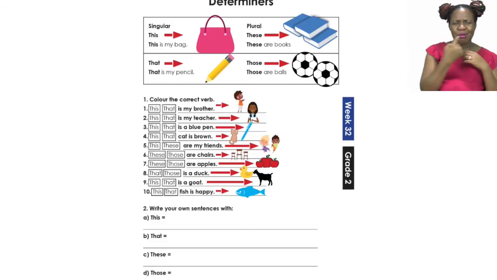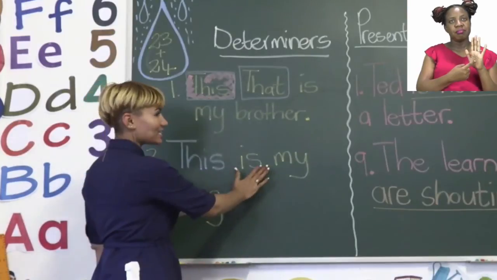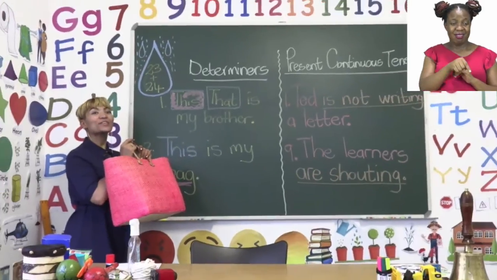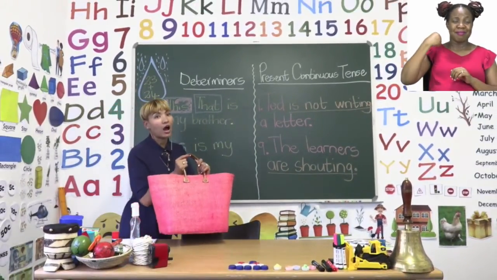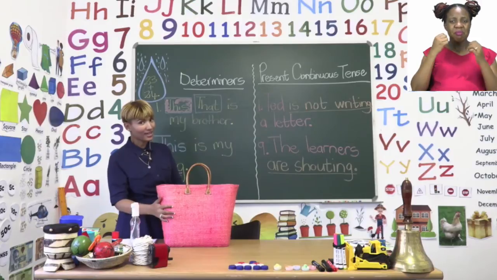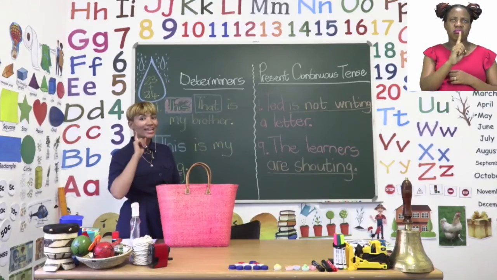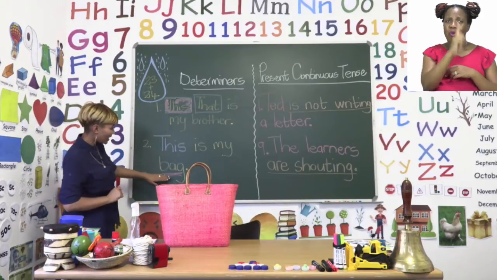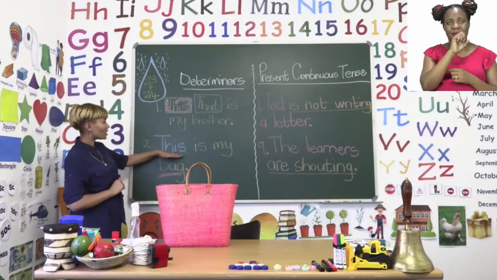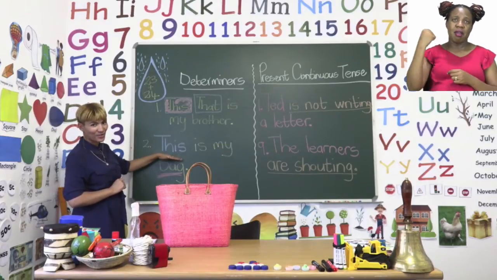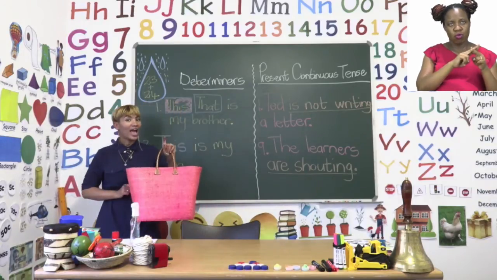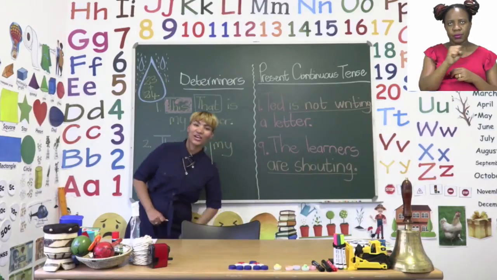Now on the board, I have the sentence that reads, "This is my bag." Now guess what, everyone? This is my bag. And how many bags do I have? Only one. It's singular. So this is my bag. One bag, so we use the verb this. Okay. Now everyone, I'm going to put my bag away and I am going to leave you to writing all